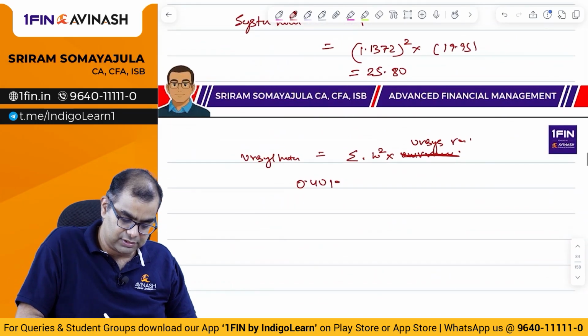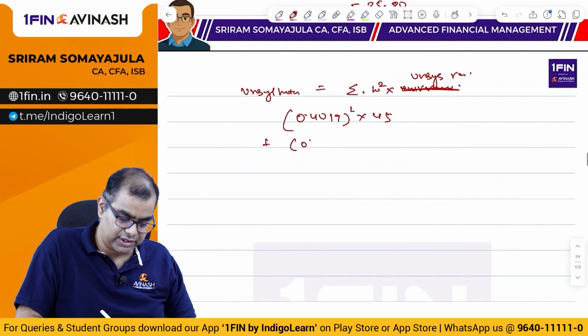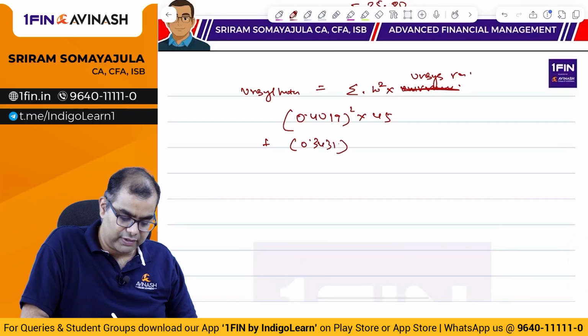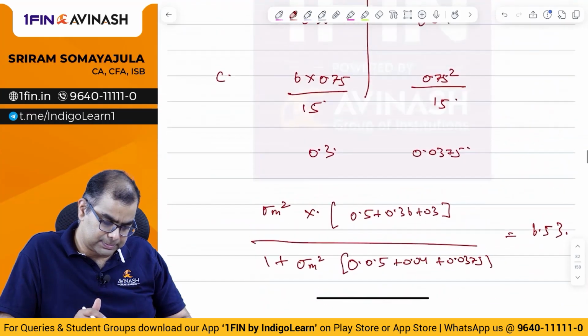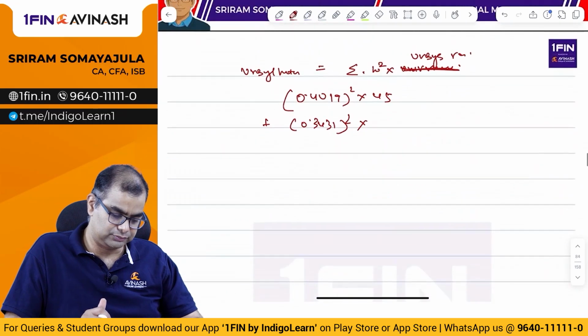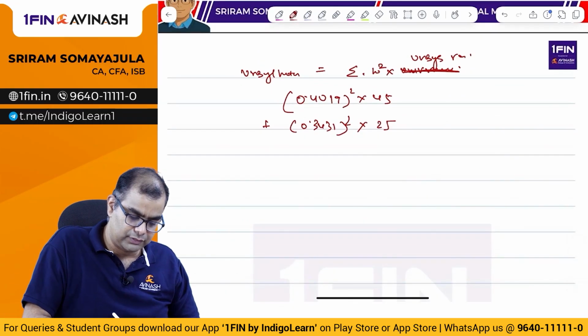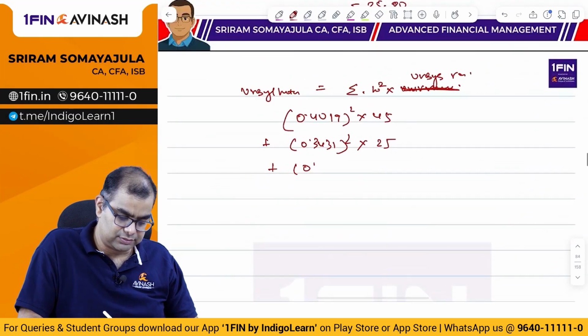0.4019 square into unsystematic, which was 45, plus 0.3431 square. What is the unsystematic? We put it somewhere: 45, 25 and 15. And 0.2550